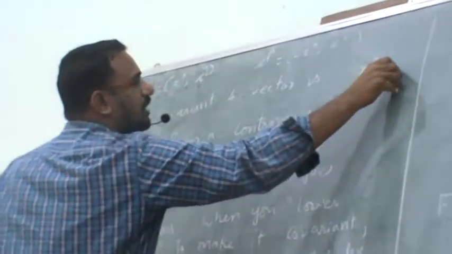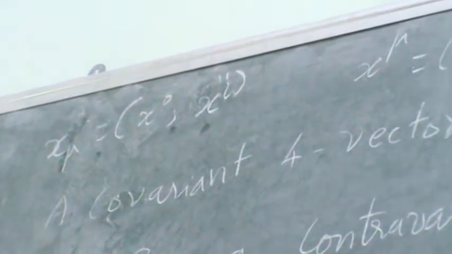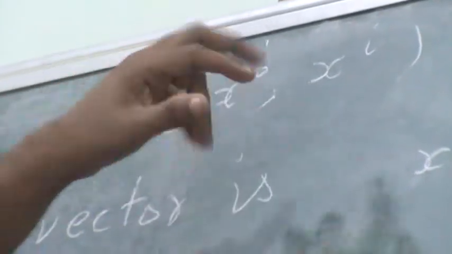So what is given? If it is this, and I change to this, what should I do? Minus x naught and then x. Since x naught is equal to x naught, it doesn't make any change. Because of the time, x naught is minus x naught here. The metric is this. I have used a different metric. I will change the sign of the zeroth component.